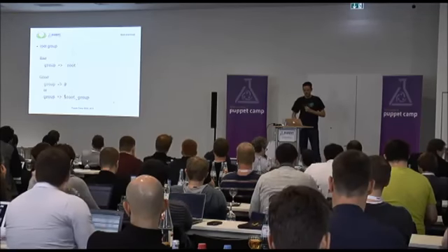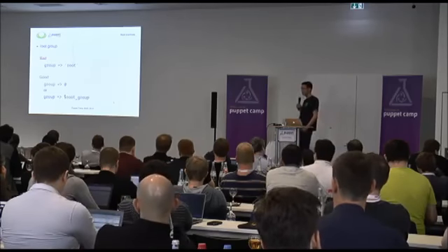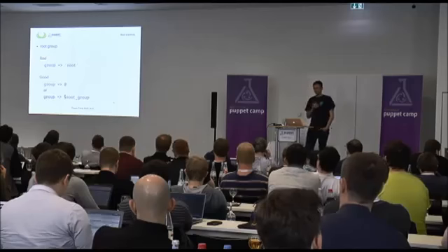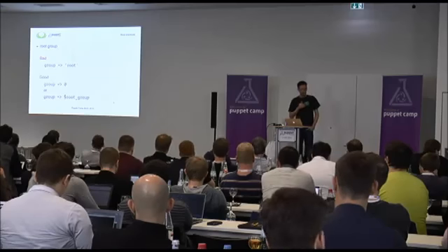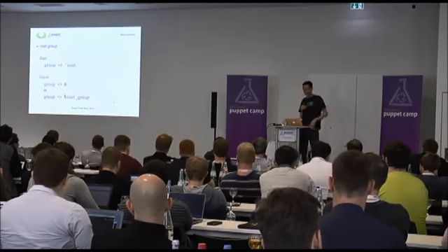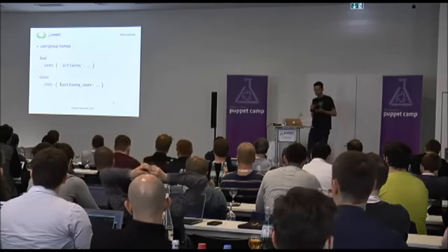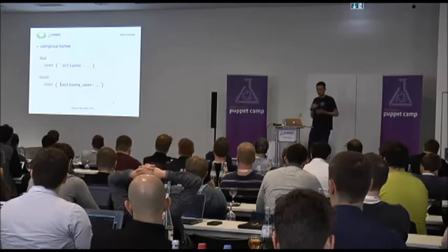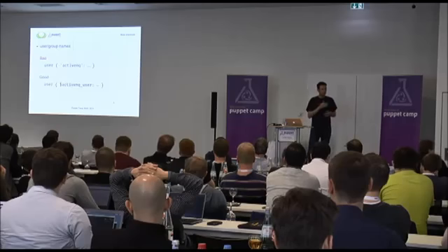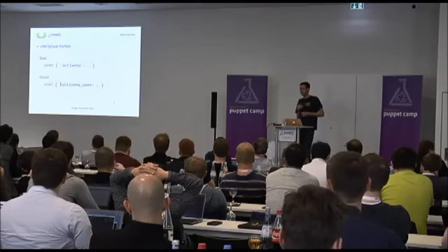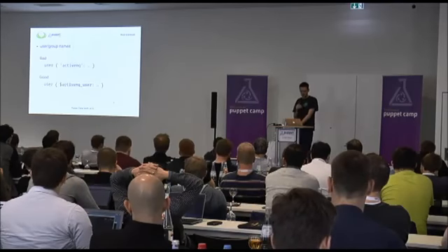Very quickly, one thing that's quite common is just hard coding a group, especially the root group. It'll work on Linux just fine, but for the sake of portability, either use group 0, which is the group ID and will work on Linux and OpenBSD, or make it variable. Same thing basically with users and groups. ActiveMQ without an underscore is a perfectly fine system group or user on Linux. However, on OpenBSD we prefix system users and groups with an underscore. So you probably want to make it variable.